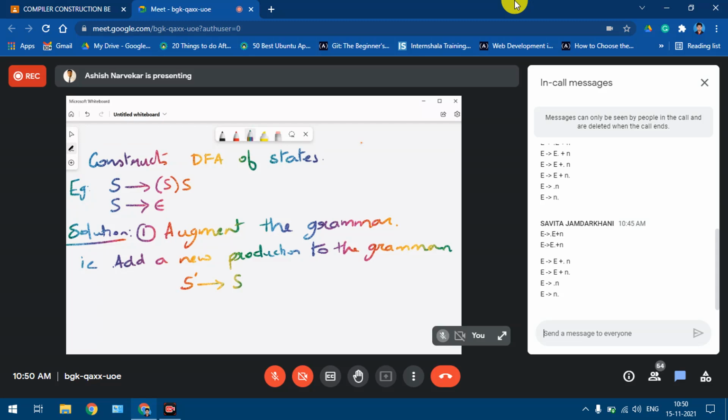So S dash derives S is a new production that has been introduced, and the remaining productions of the grammar will remain as they are. So the first step is we have to augment the grammar.